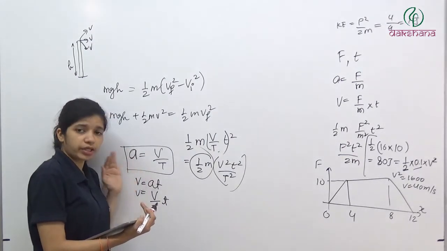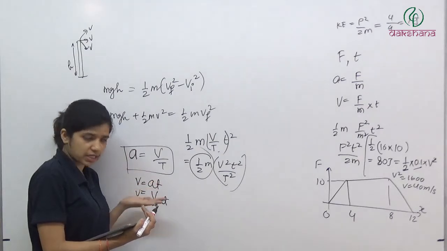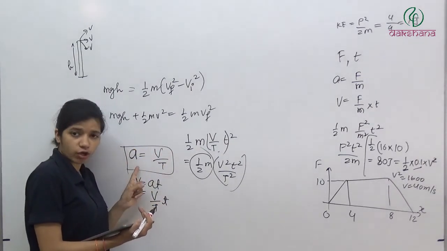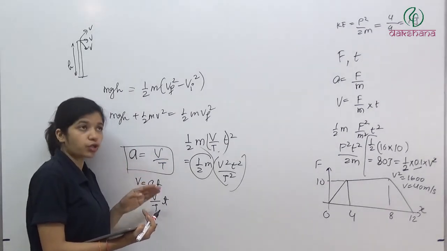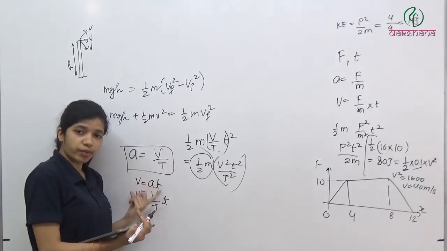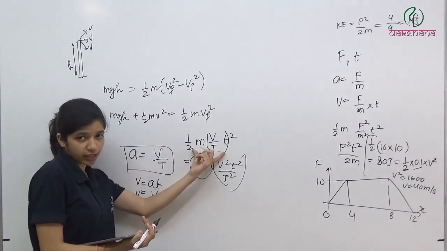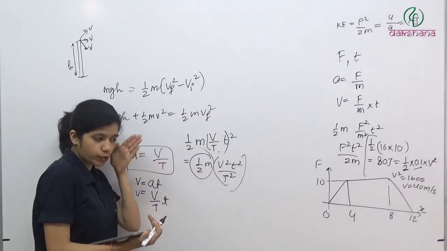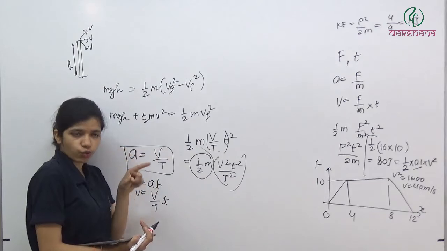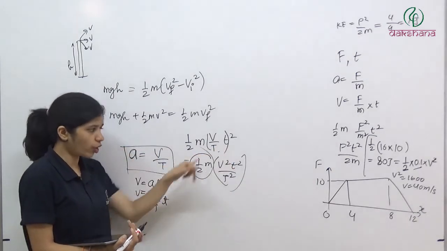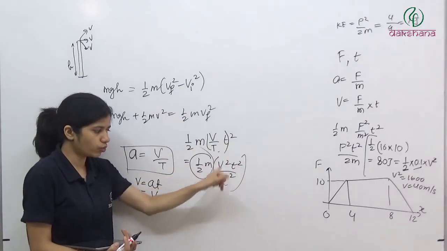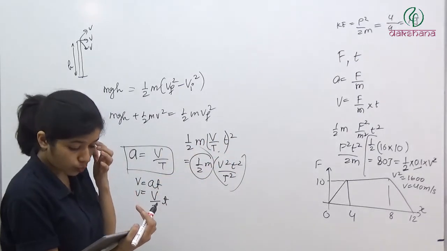Clear? So here what is happening? There is a constant force acting on it, or there is a constant acceleration, and they are giving that velocity has changed by v in time t. So we can find out acceleration from there. Once you have found acceleration, you can find velocity at a certain instant. If you can find velocity at a certain instant, it means you can find the kinetic energy at that particular instant. Whatever the instantaneous velocity is at this instant, kinetic energy will be half m v instantaneous at this instant whole square. So at time t is equal to small t, instantaneous velocity was this, so instantaneous kinetic energy was this. So it was proportional to this term. Clear? So the answer will be the fourth option.